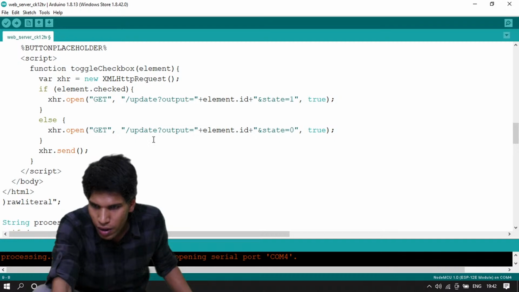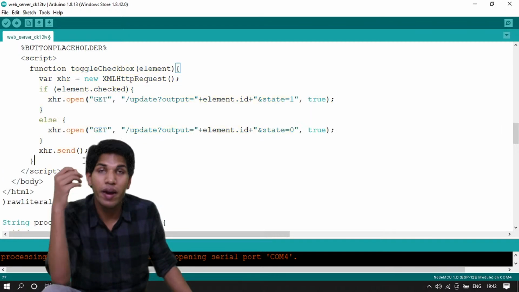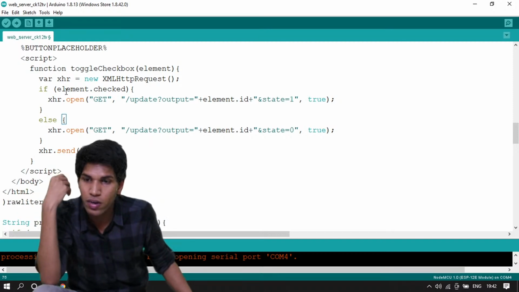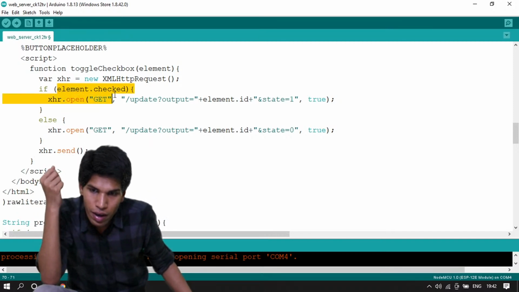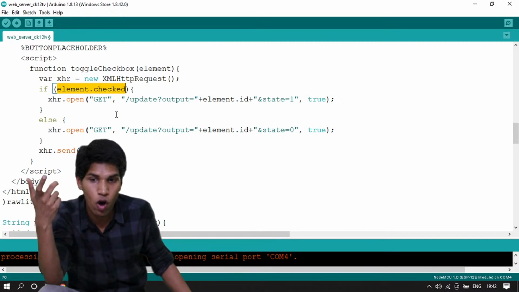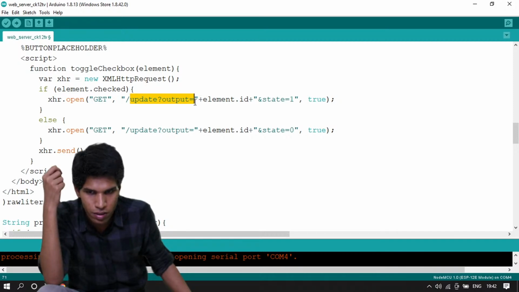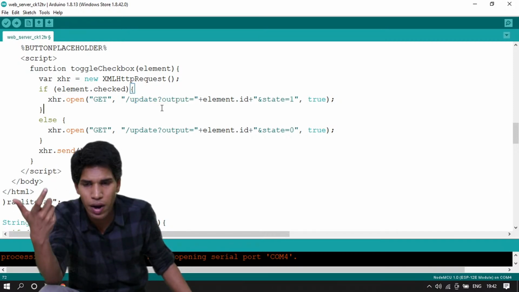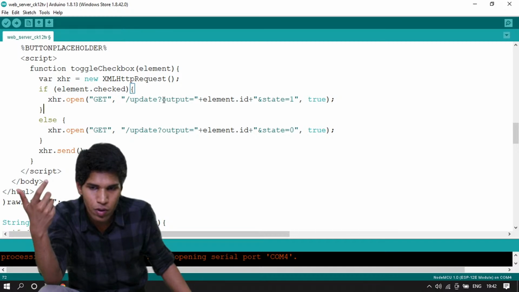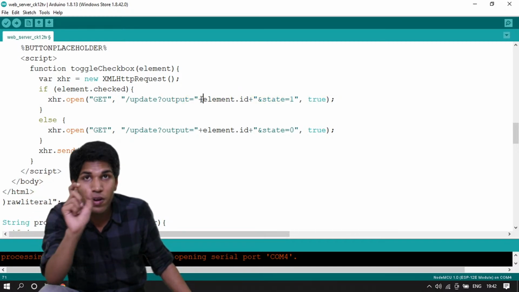In our HTML request, whenever a state is changed, if the element is checked, when the button is on, then send the request. The request format would be /update?output= whatever is the ID of the button.